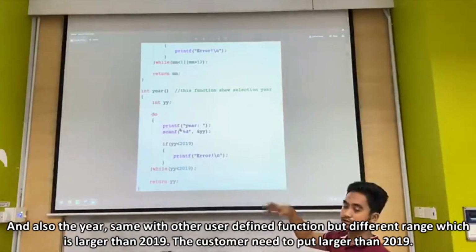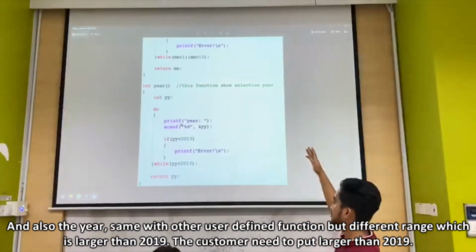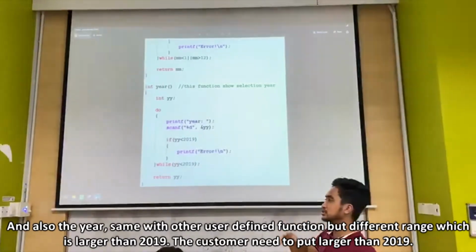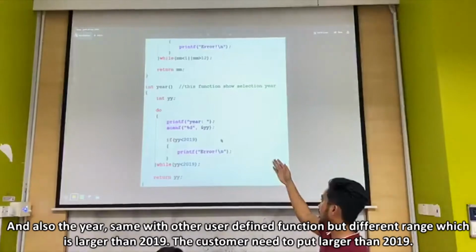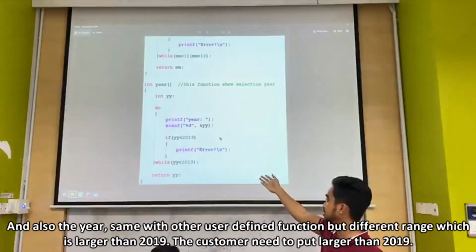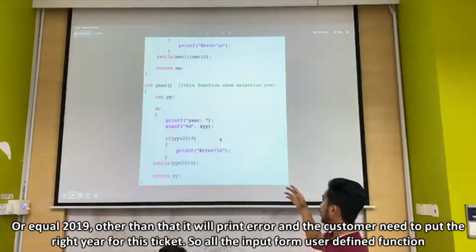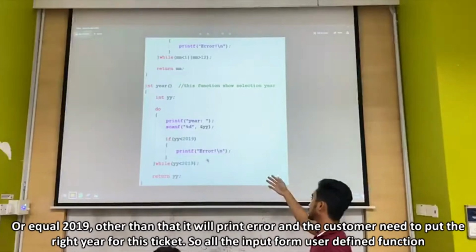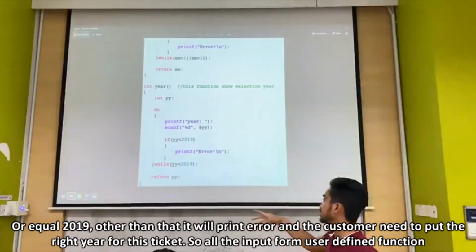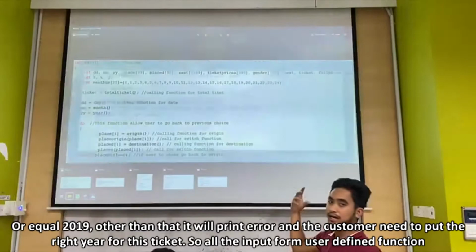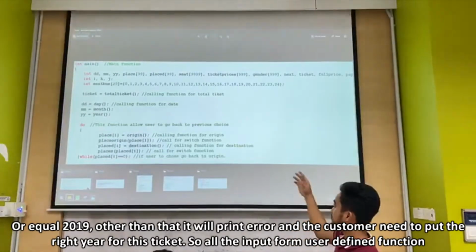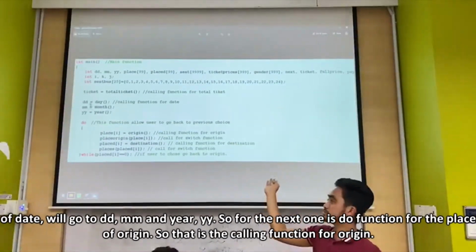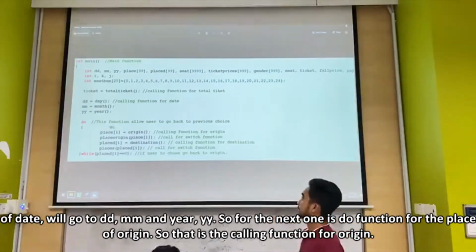And also the year: same as the other user defined functions but with a different range, where the customer needs to input a year larger than or equal to 2019. Other than that, it will print error, and the customer needs to put the right year for the ticket. So all the input from the user defined functions of date will go to DD, month, and year, YY.